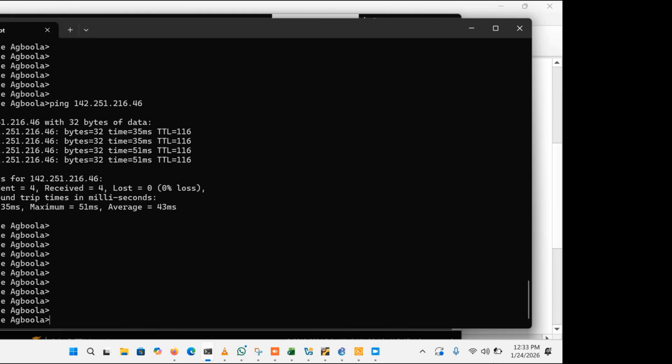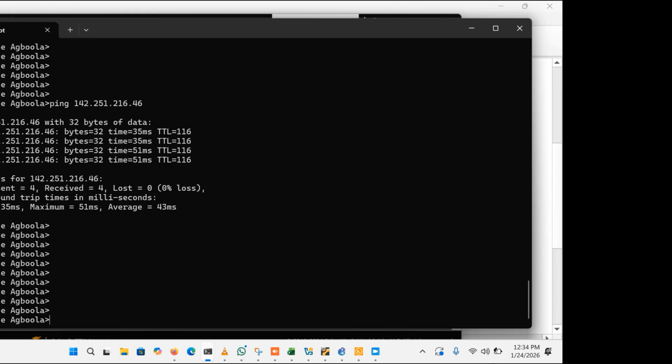Alright, so every time you visit a website, your PC communicates with a DNS server to learn the IP address of such website. It will keep the record, because it's not every time it's going to be querying the DNS server to learn the IP address of a particular website that you are visiting again and again. So it will keep the record in its DNS cache. I have visited so many websites, and I can view their record by showing my DNS cache. So I will use the command